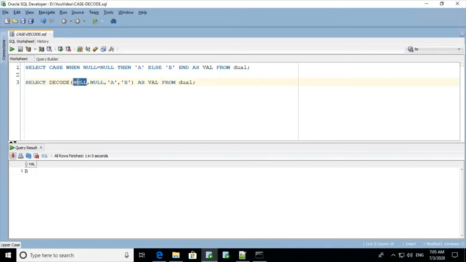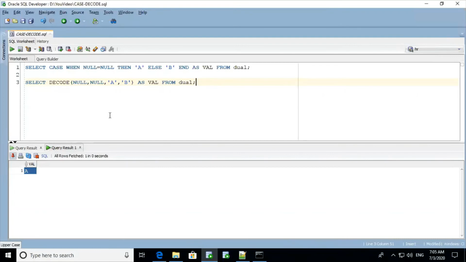If you compare null with null, if both are equal, then it will print A, otherwise it will print B. Now let us execute this DECODE function. If you see it here, if we compare the null values with the DECODE statement, it is going to the positive part and it is printing A.